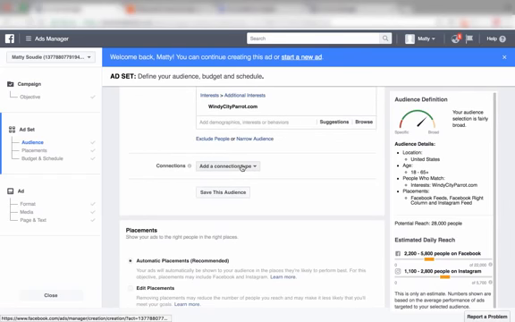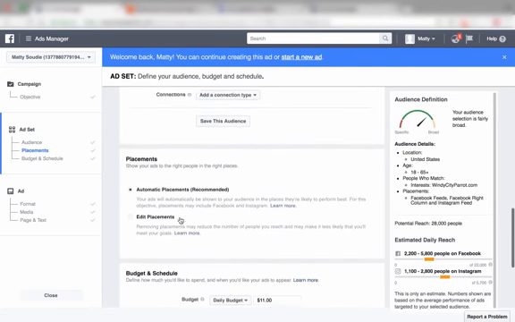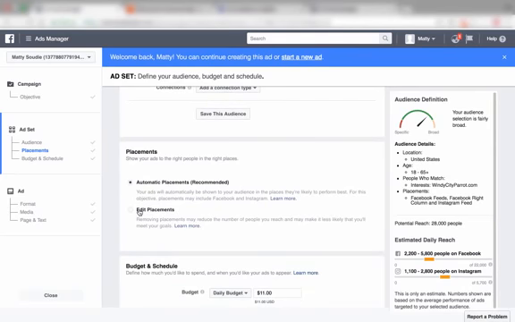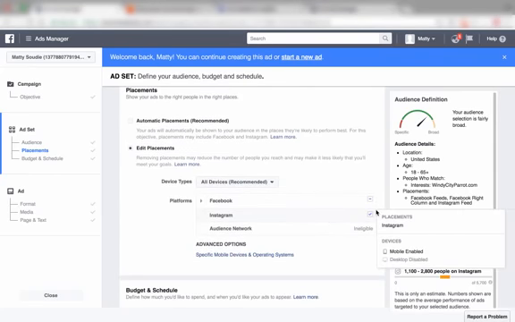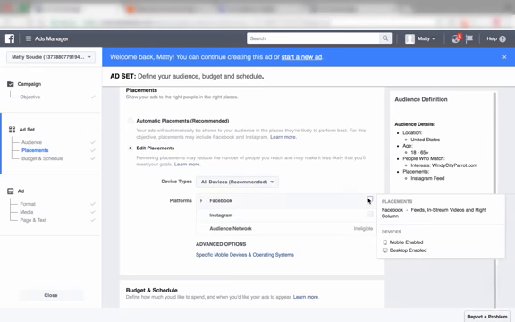Alright, connection type, I don't touch this unless I'm scaling a campaign. We're going to go through that later. This is a beginner series, you don't need to know that. Placements. Now, annoyingly, Facebook by default chooses all these placements for you that I just do not want. So if I were to click on edit placements, you can see that Facebook has chosen Instagram. Facebook has chosen,